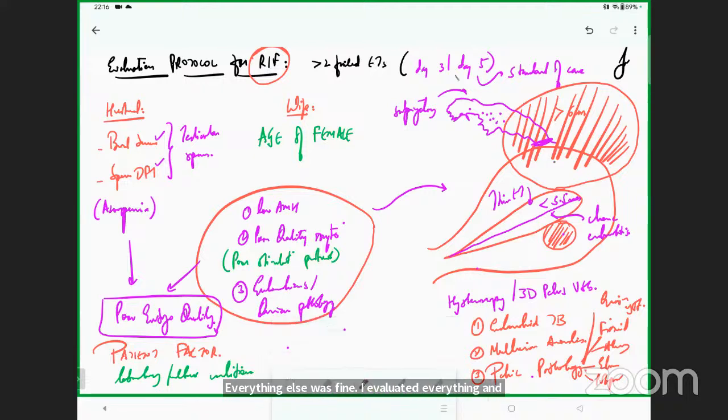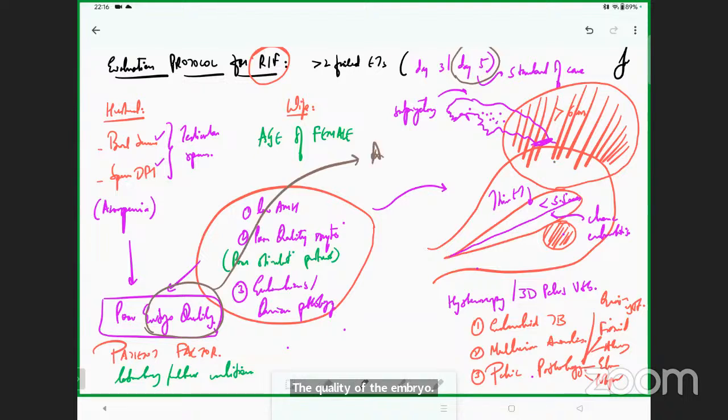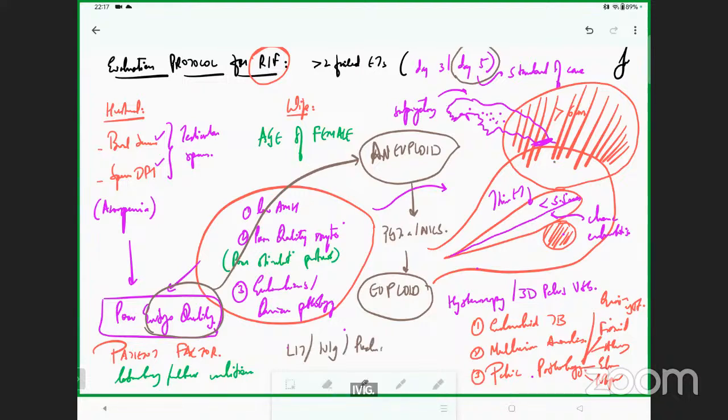Then it comes to this, that your day 5 embryo, the quality of the embryo, was probably an aneuploid embryo. So the next time you do the treatment for the patient, you are either supposed to do PGT-A or NICS and first establish a euploid embryo. Before you start jumping, and before you start evaluating and commercializing things like LIT, IVIG, prednisolone, tacrolimus, we just spoke about all of this yesterday,